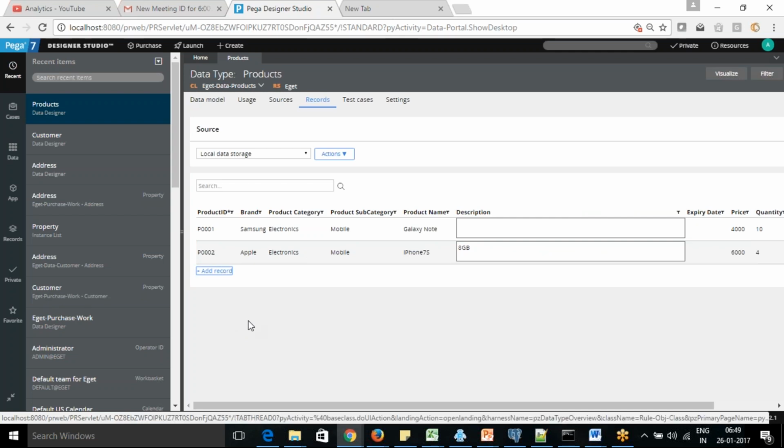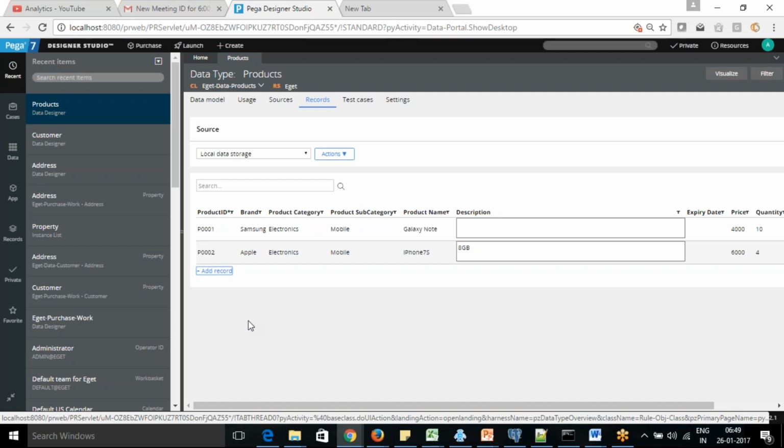So anytime you need some sample data, like if your integration is not working and you want to test your system, you can use the local storage to test your application. So local storage is used for multiple purposes.